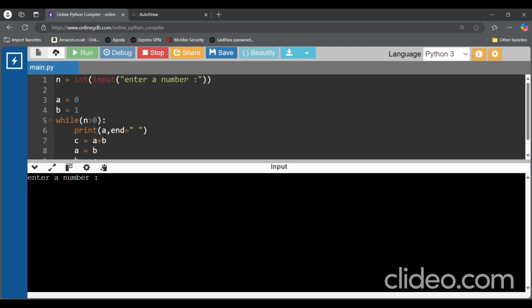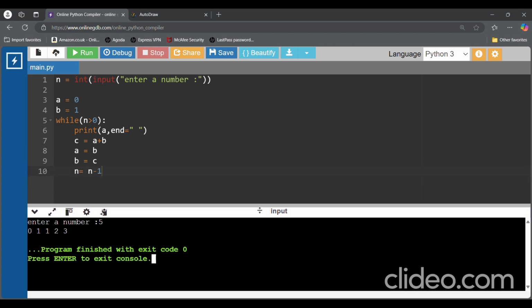So we'll be saying, let me enter 5. So we got the first 5 Fibonacci numbers. But if I want to modify the program in such a way that I don't want the number 5, but